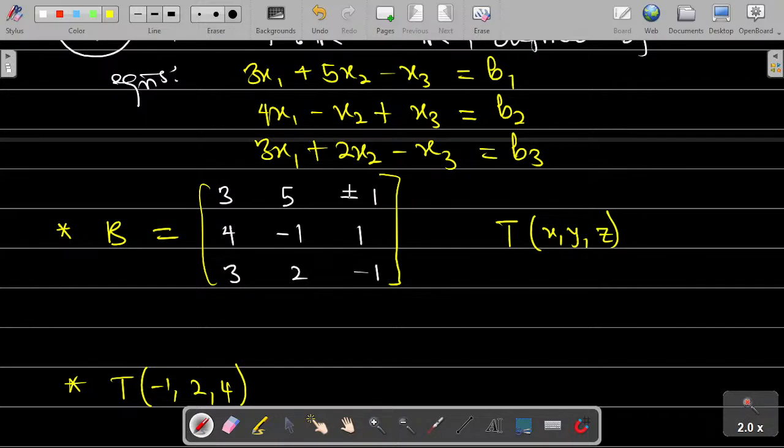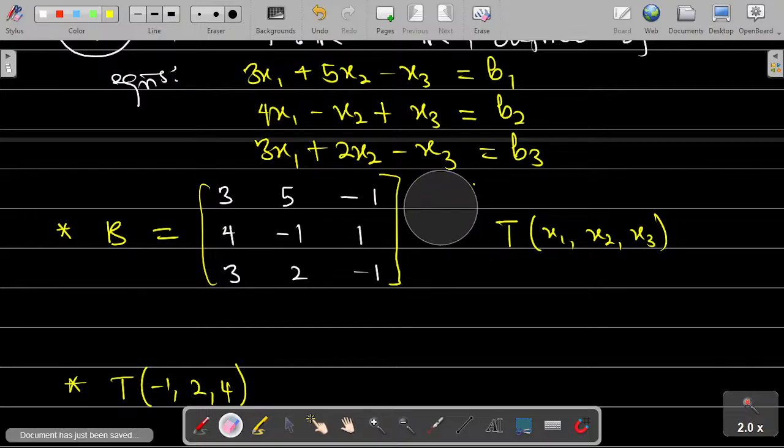So it means that whenever T acts on a vector, which we can represent as x1, x2, x3, not a matrix, a vector, it simply multiplies the standard matrix with the vector in column form, and then gives you the value of the constants. By the time you do this multiplication, you will get back the equation we have up there. So the implication is that